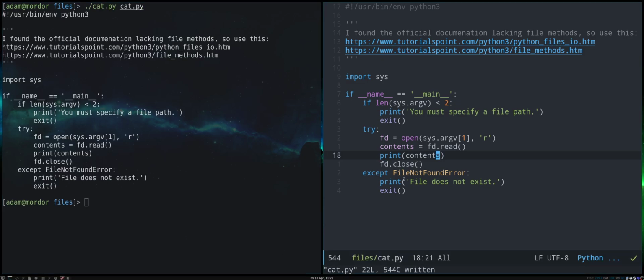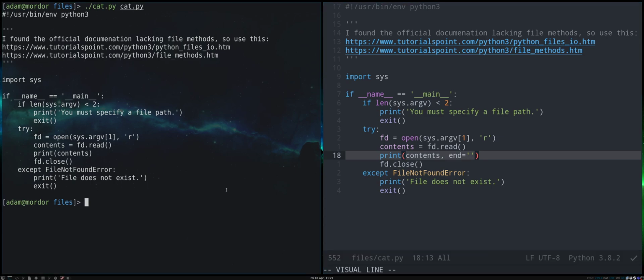Okay, that looks about right. However, there is one little difference here, maybe not important, but could be. We printed an additional new line due to our print function. The print function's default end is a new line,